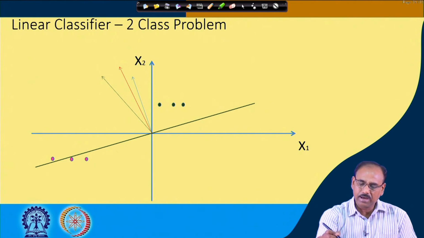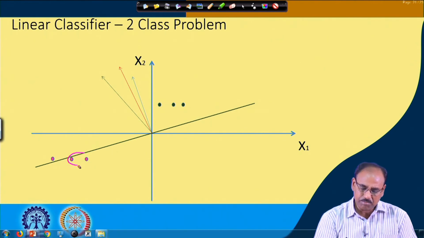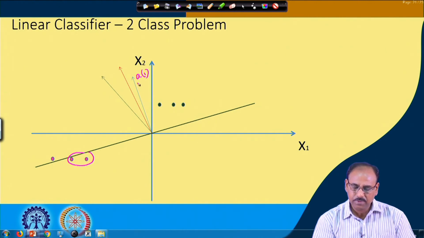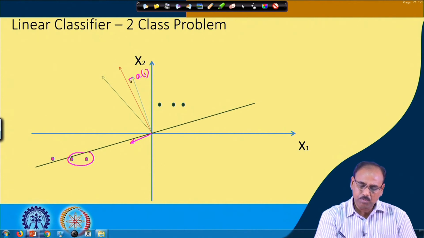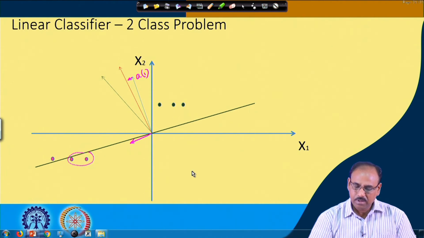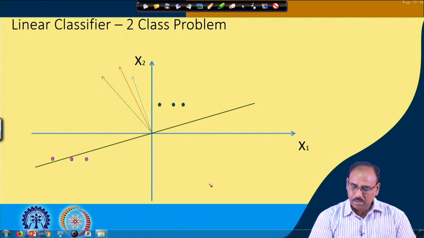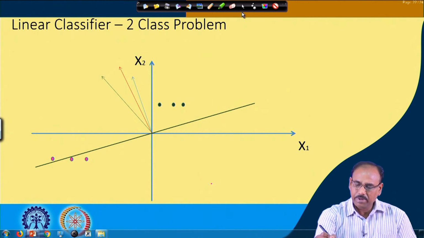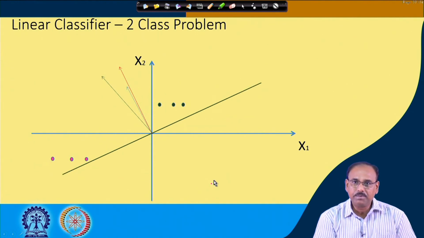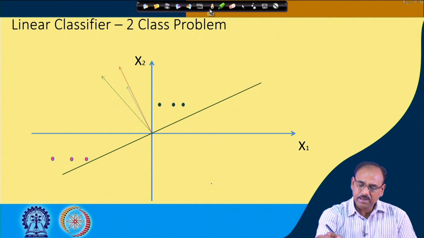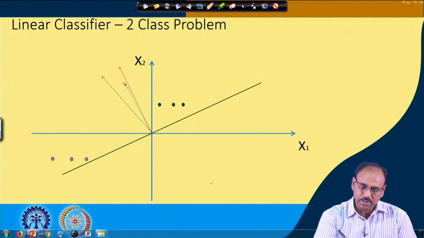And again this separating plane, as you see, misclassifies these two samples, and the corresponding solution vector A1 is over here. So, again to A1 you add the sum of these two vectors, and the sum of these two vectors is in this direction. So, A1 has to be moved in this direction. So, at the next level, my separating plane will be somewhere like this by updating A1, and now you find that I have a vector which falls within this solution region,